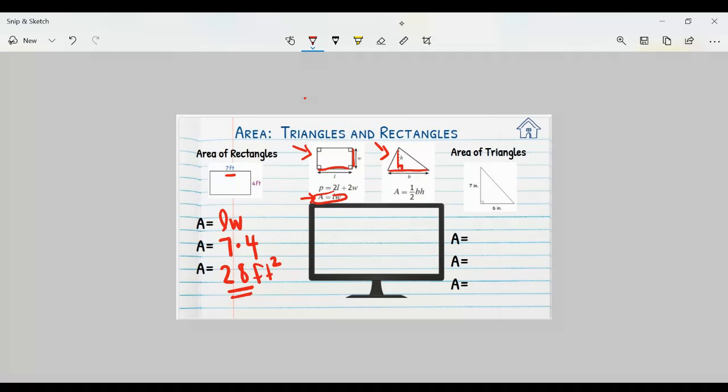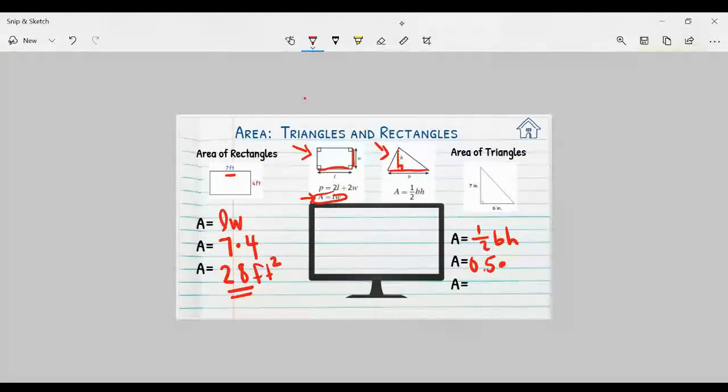So that's how you can always tell what your base and your height is. And the formula is area equals 1/2 times the base times the height. So let's take a look at this example. I'm going to go ahead and first write down my formula, which is 1/2 base times height. Now remember, 1/2 could be represented as a decimal as 0.5